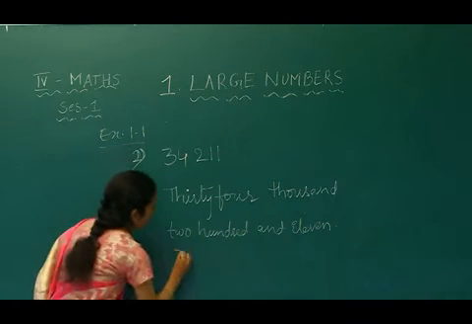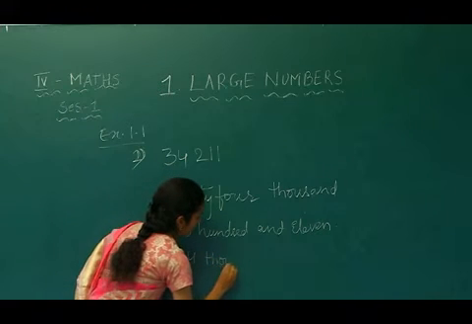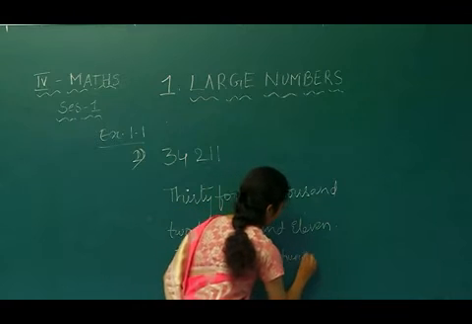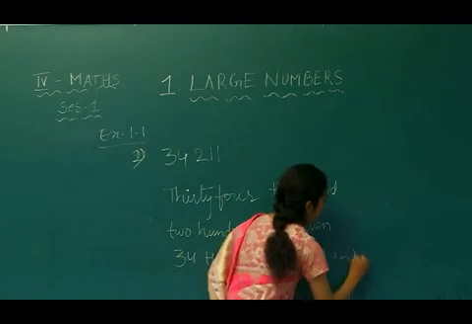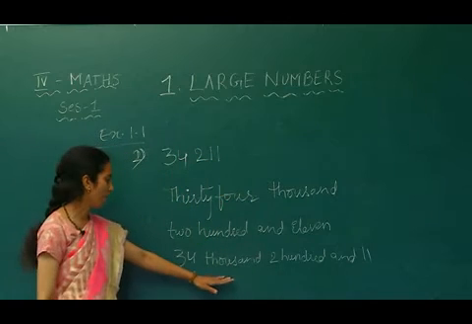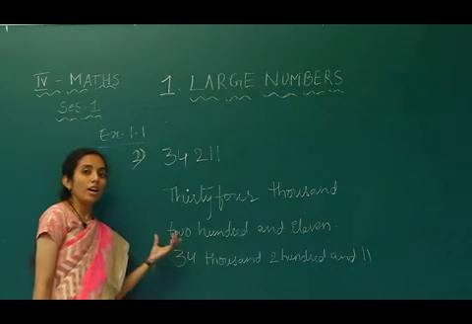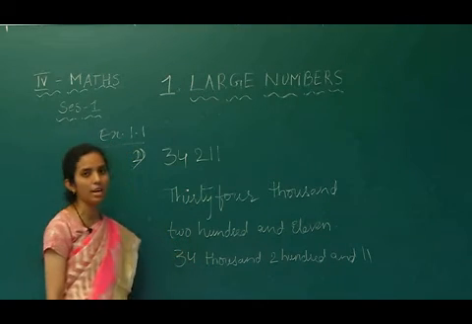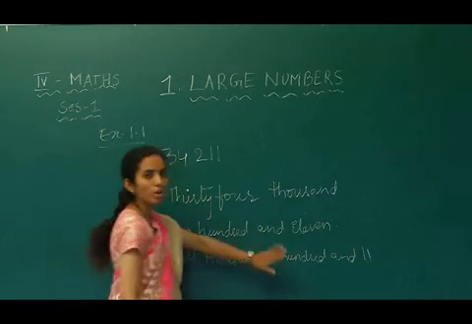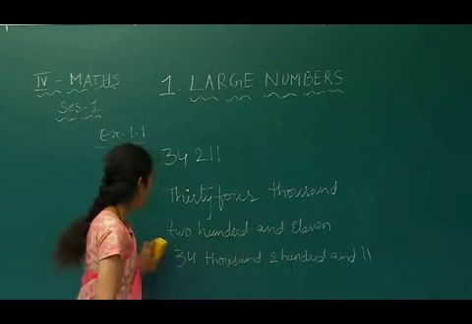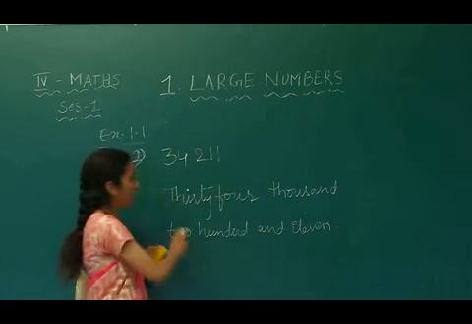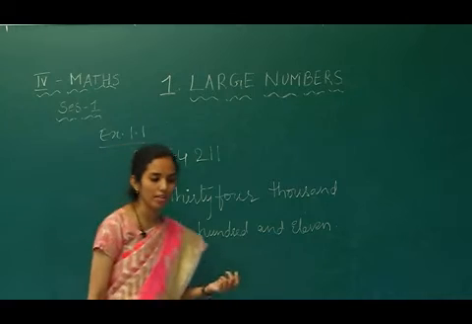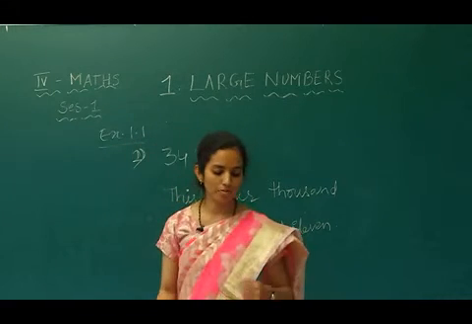Don't write 34,211. This is wrong, Nana. Writing this way in words is wrong. If you are asked to write in words, that means you should not use any number, neither 34 nor 2. You should write the entire number in words only, that is in spelling only. So how do you write the word names? 34,211. So remaining examples are for your practice purpose.